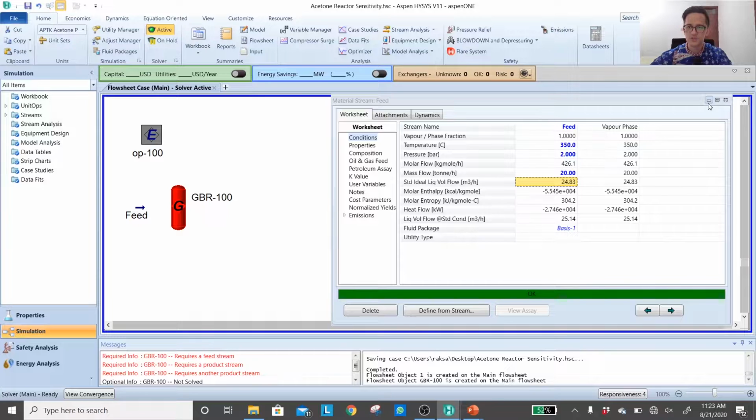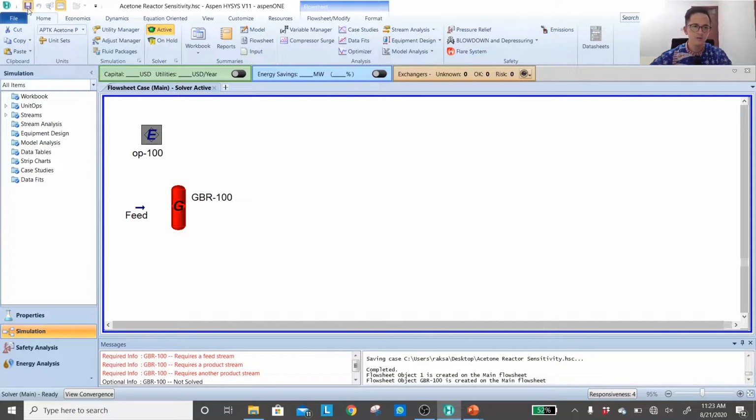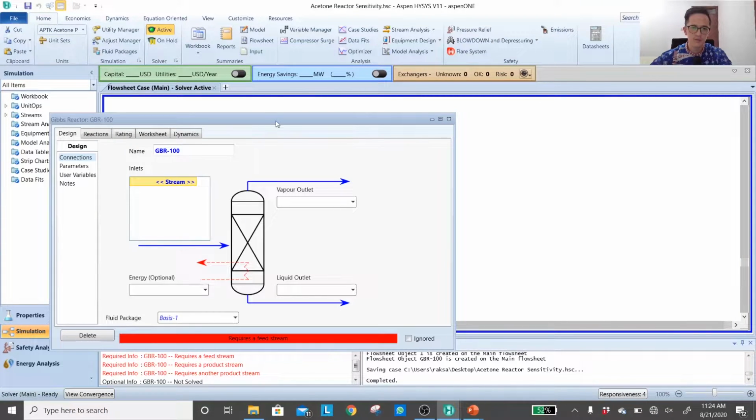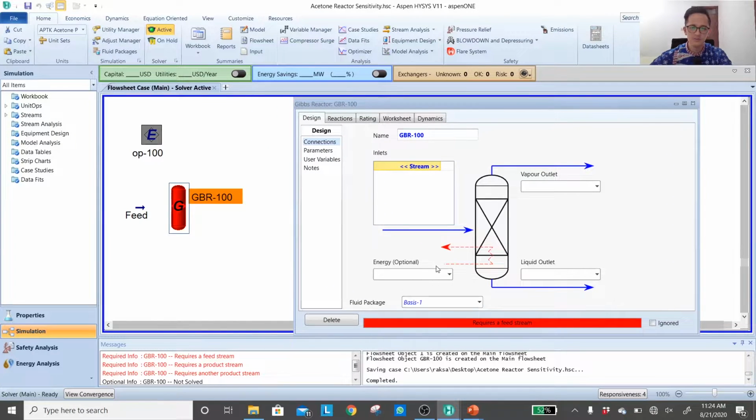Okay, now it's ready. So I will open my Gibbs reactor. It requires a feed stream, so define the inlet or feed. It requires a product stream, so vapor product. It requires another product stream, so it is quite similar to the conversion reactor, in that you need to define two products, one for vapor and one for liquid, regardless of the phase of the reactor.